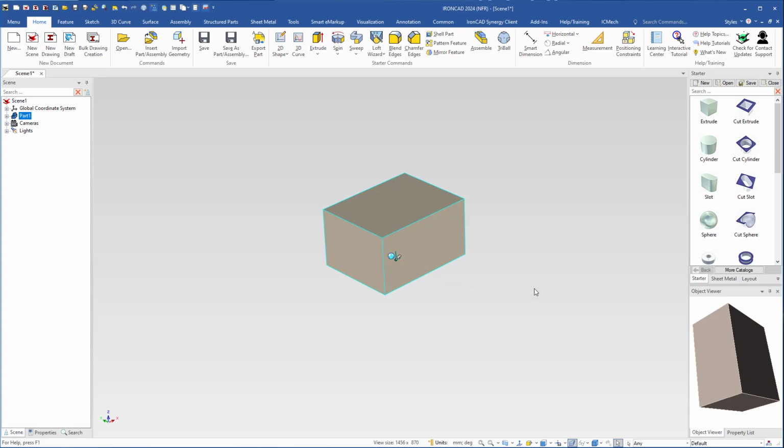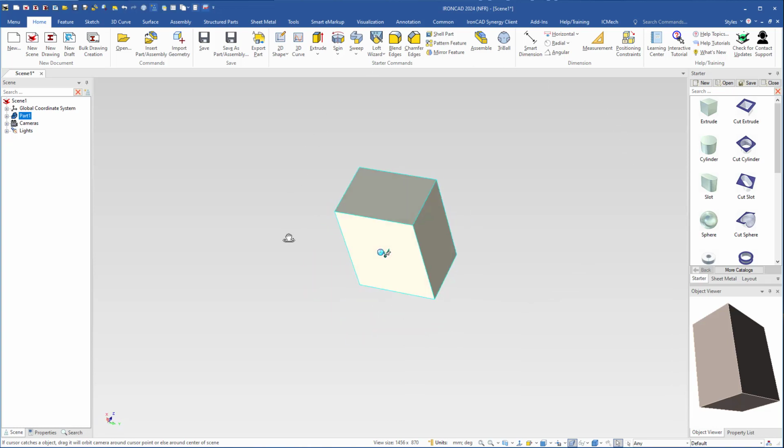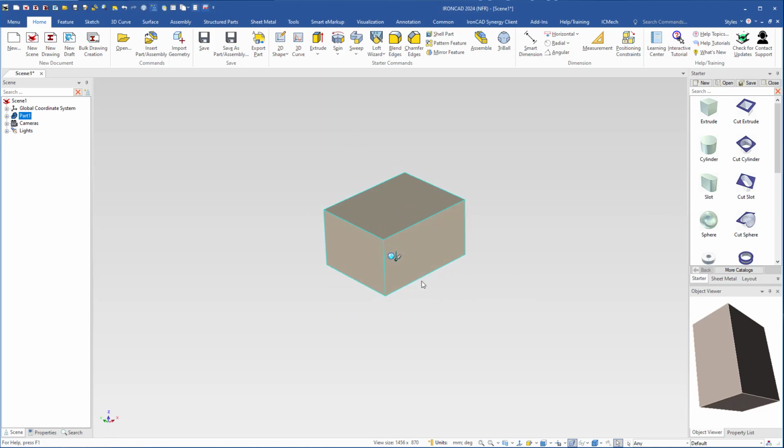Now I have the cursor here outside the object. If I now press and hold the wheel on the mouse and move the mouse, I will orbit the camera and I can see this block or box from different angles. But you might think it is the block that is rotating, but if you come down here to the far